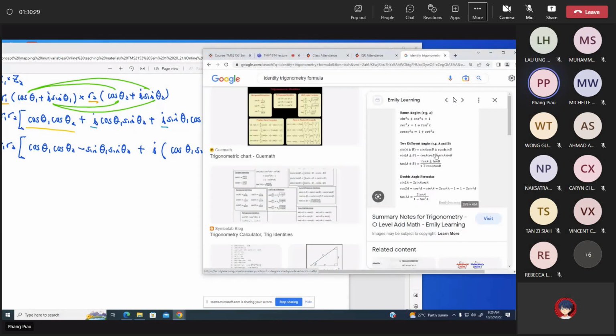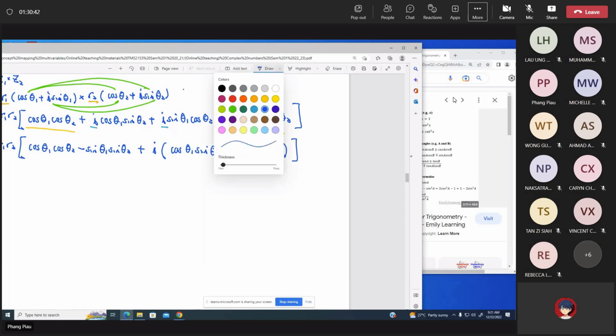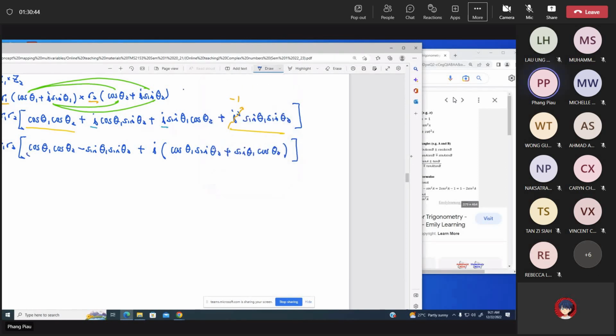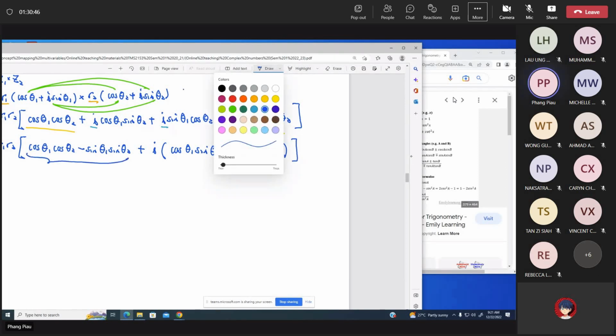If you are using this one, if you put it as minus, you can put it as plus. So these two can be reduced